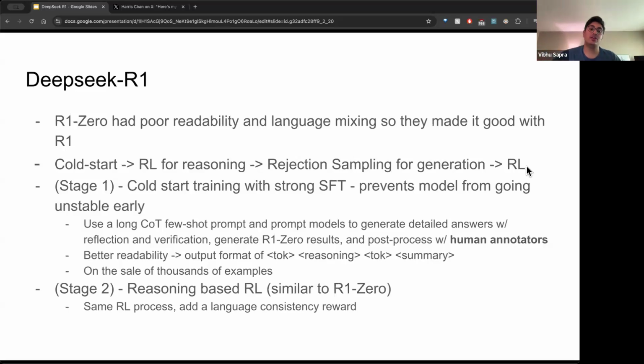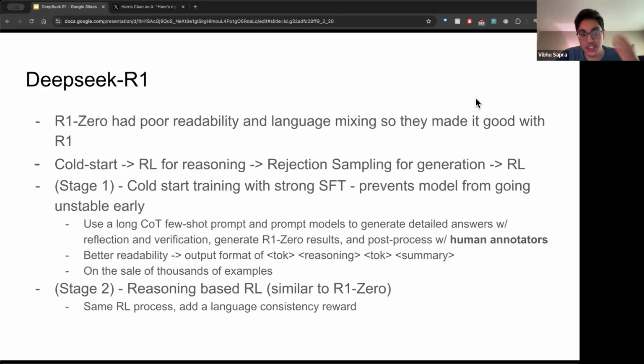So that was just R1-Zero. I'm going to spend the next quick 5 minutes and then we'll do 10 minutes of discussion. So okay, what is DeepSeek R1? There are 4 stages to making this a good reasoning and chat model. One of them is the cold start: let's start with some strong SFT, and not have this thing go crazy at first. They mentioned they use some human annotators here. They just drop one line, kind of interesting if anyone wants to look into that. So first we cold start the training, then we do RL, then we do rejection sampling for generation, then we do RL again.